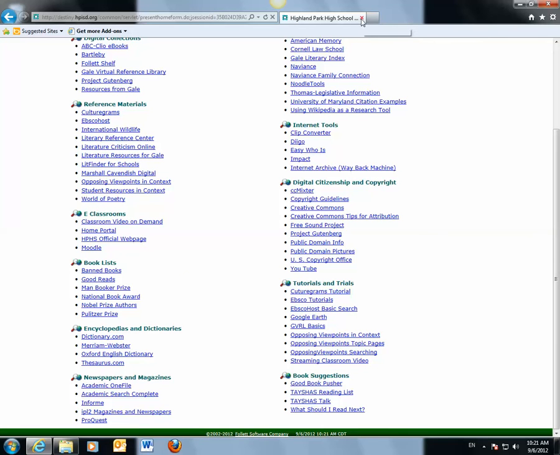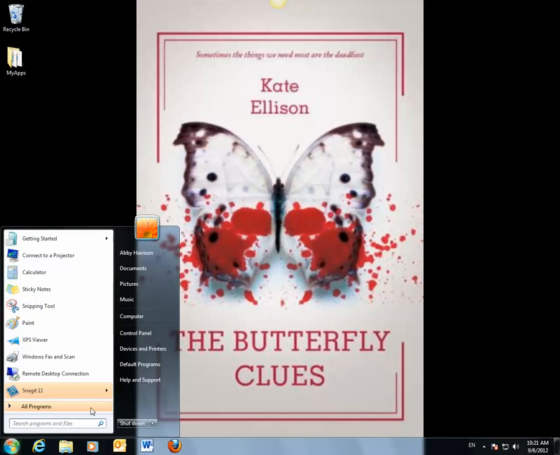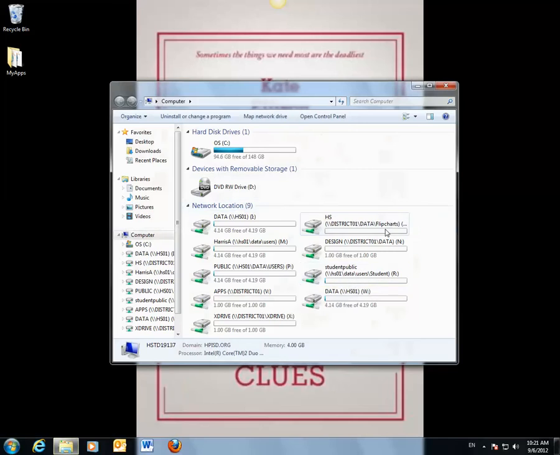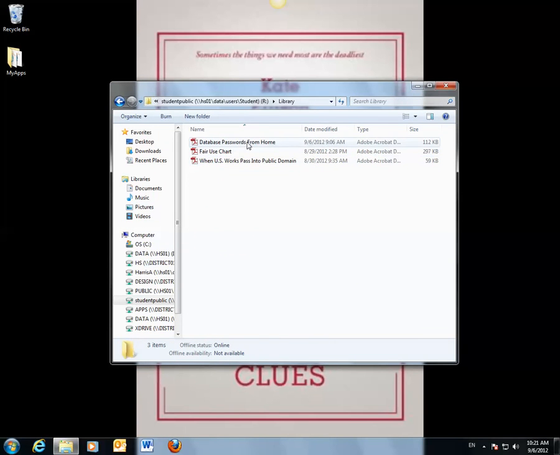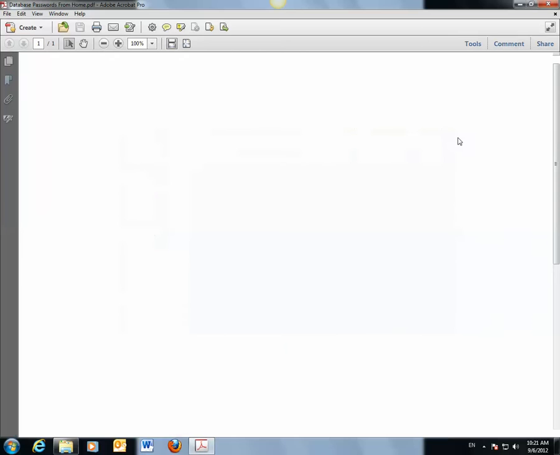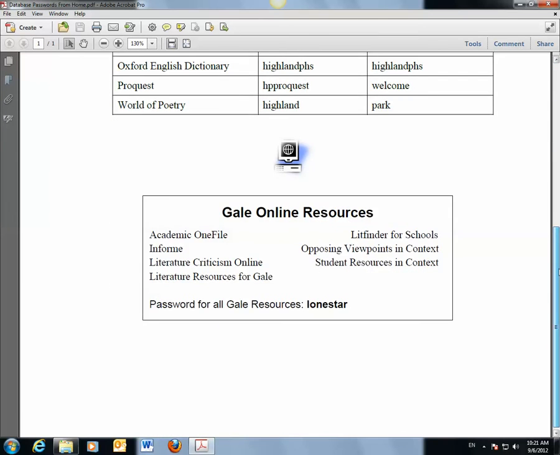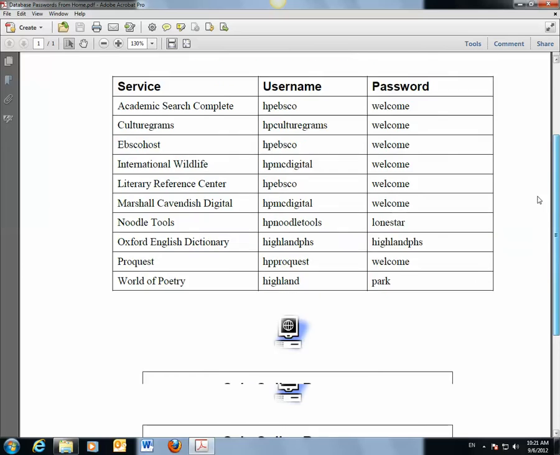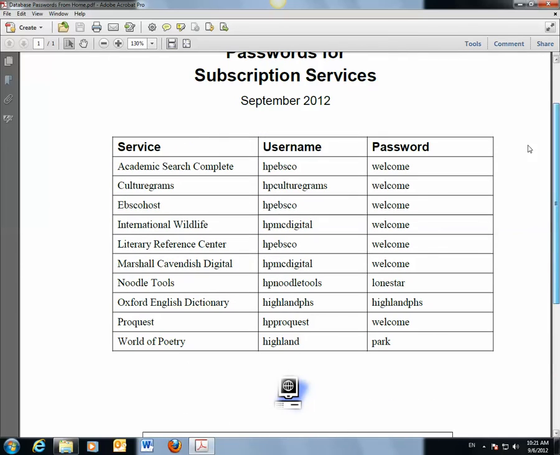One last thing to keep in mind, if you are doing your research from home, you will need a password to be able to get to the online databases, and you can find those passwords in the Start menu. Go to Computer, pick the Student Public Drive, the Library folder, and then Database Passwords from Home. This is a list of all of the database passwords that you will need if you are looking at the online databases from home. This would be a good thing to print out and leave at home, put in your M drive, so when it's 1 o'clock in the morning and you're trying to finish your research paper,